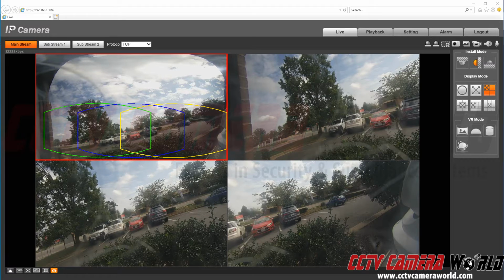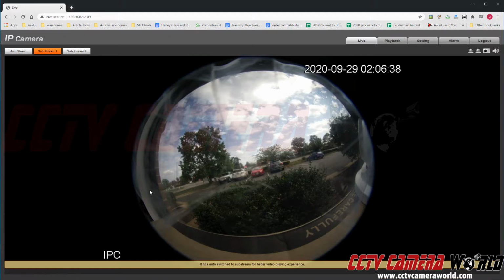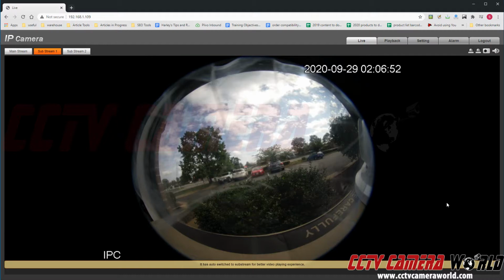This particular camera also supports the Google Chrome browser, so I'm going to go ahead and open that live preview up in Google Chrome. But notice the biggest difference here is that the controls for de-warping or fisheye are not even here on this interface. So while you can use the Google Chrome interface to get a video picture, you cannot actually do much with